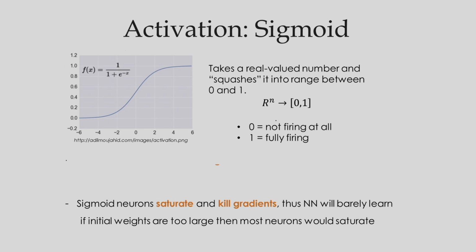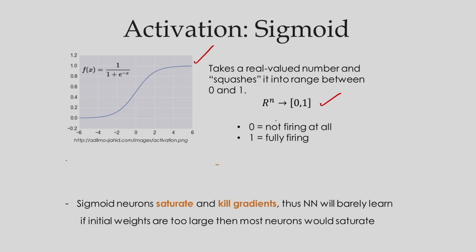And I want to again highlight the concept of the activation function. The sigmoid function already I have explained in my class of artificial neural network. So you can see this is the sigmoid function. f(x) is equal to 1 divided by 1 plus e to the power minus x, takes a real value number and squashes it into range between 0 and 1. So you can see the range is 0 and 1.